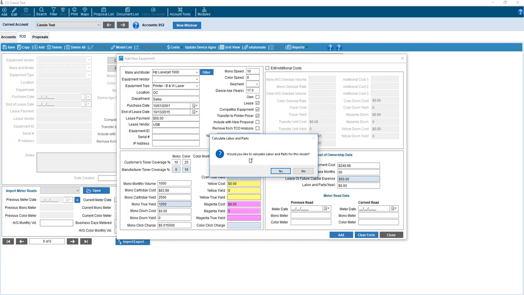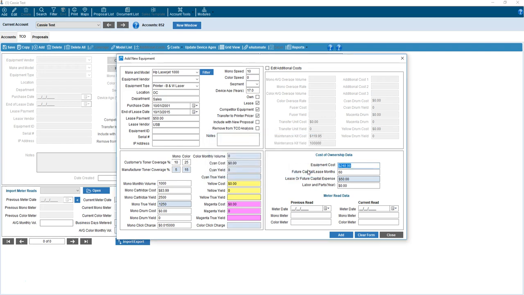It's going to ask if you would like to calculate labor and parts again for this model since we were in that color section. I'm going to go ahead and hit no. It will auto-calculate a lease payment for you based on equipment cost and future capital lease months, if nothing was entered in your lease payment area. If you had selected yes for labor and parts, the labor and parts dollar amount would be here on that